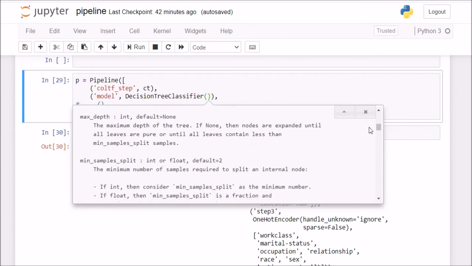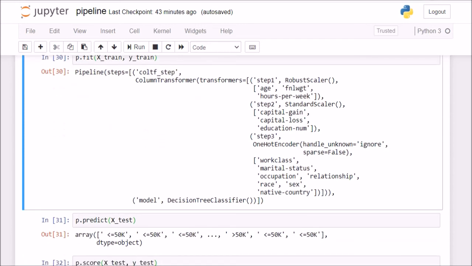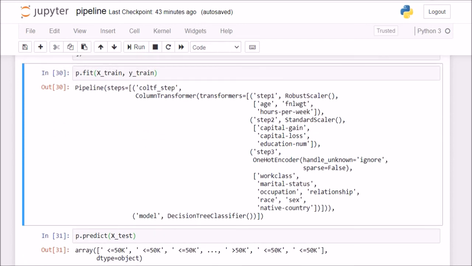So see, the possibilities are endless, and hence in a future tutorial we will look at grid search CV, where we will pass in a dictionary telling scikit-learn that I want my max depth to be 3, 4, 5, 6, 7, then splitter to be Gini and entropy, and then it will calculate the model accuracy for each of those combinations and then return us the best score and best parameters. Okay, so don't worry about grid search CV. It is a very interesting topic, very easy one also. So just take it for granted that you need to learn how to use a pipeline, because this is very important for your machine learning workflow.